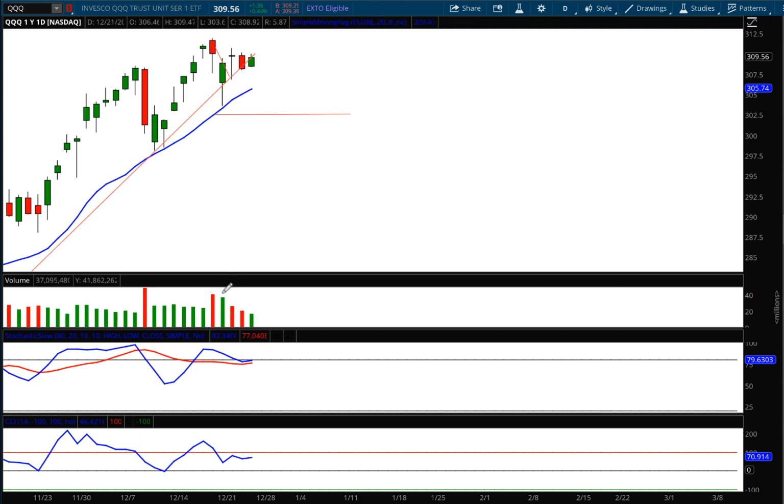But look at that volume. A steady drop in volume on the way up is not bullish. That's actually negative because the buyers are running out of steam while the oscillators are just kind of floundering right here. So what am I going to do? I'm going to, again, as a risk management note, move that stop, or move that support level, up to that moving average. And if we start to see prices close below there, again, watch out below.